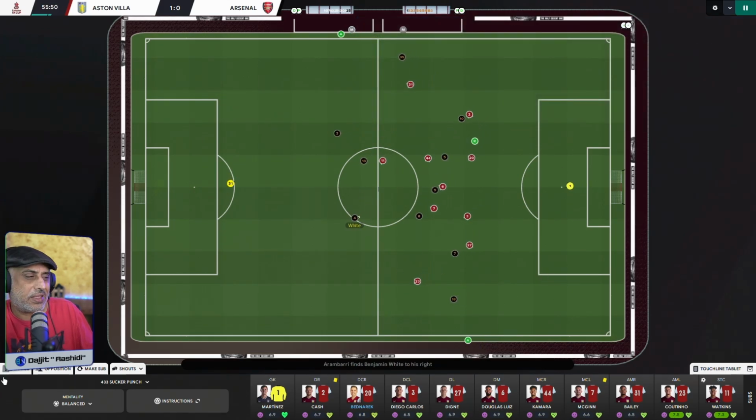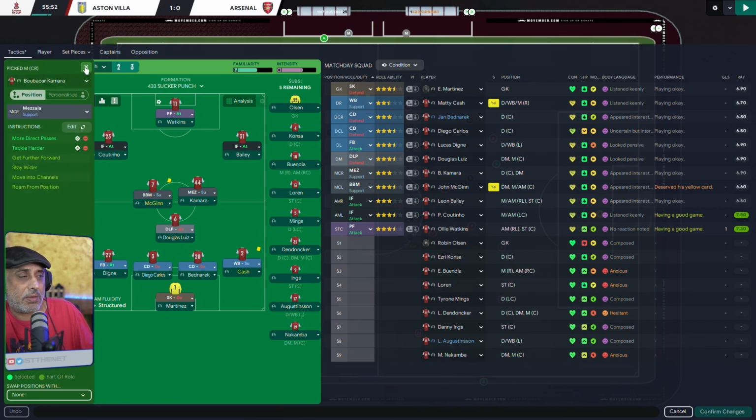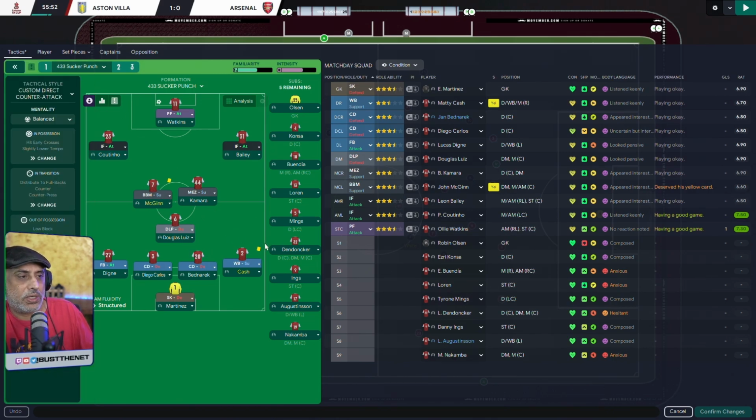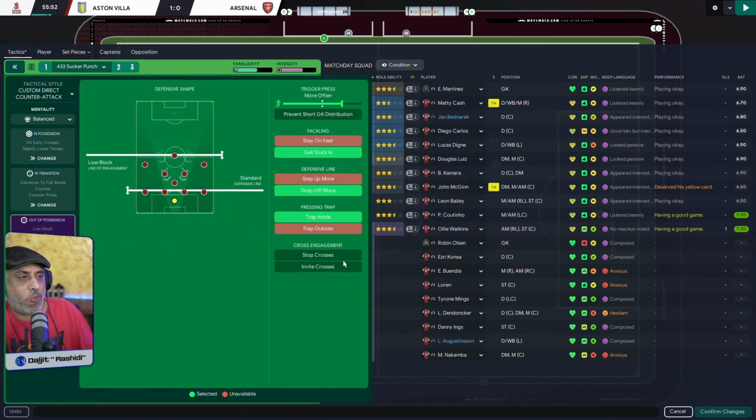So I mean, this tactic on the whole, would I change very much? Not really. Box to box going this way, inside forward, more direct. Okay, yeah, I get this. This is a supremely simple tactic. I mean, I won't say simple, but it seeks to punch a hole in the team. Yeah. I don't think I'm going to change anything here. I mean, maybe, okay,